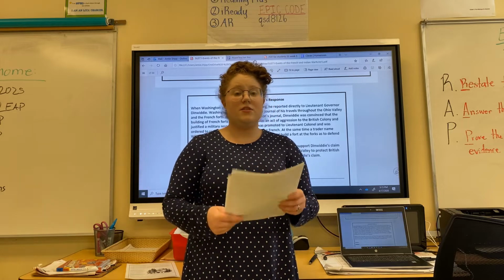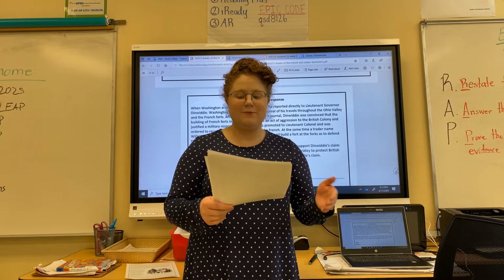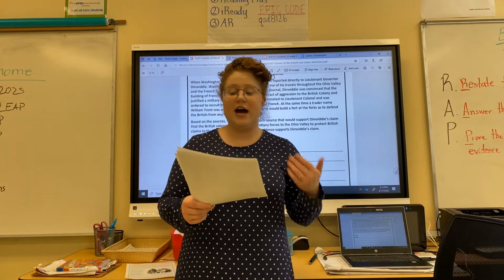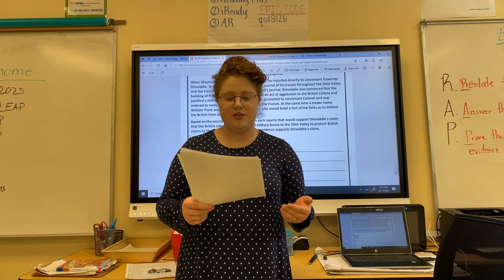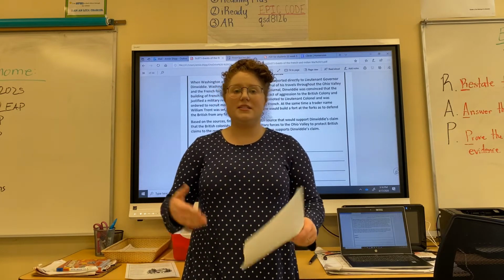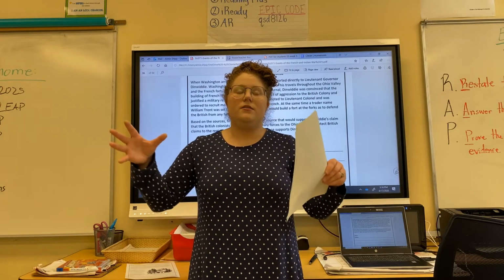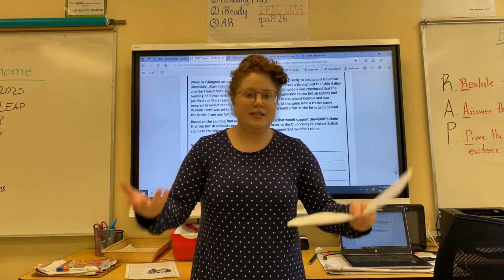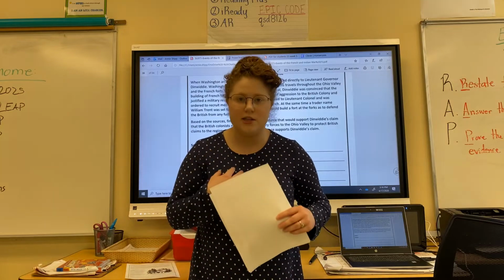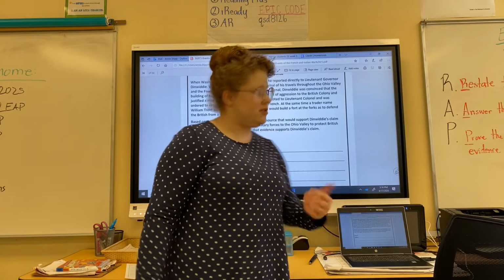Now, based on the sources, which we're going to go over, find evidence from each source that will support Dinwiddie's claim that the British colonies needed to send military forces to the Ohio Valley to protect British claims to the region. Also explain how the evidence supports Dinwiddie's claim. All this is saying, how do the sources show that Dinwiddie thinks the French are planning to attack? What about the sources would make you think the French are trying to attack us or take the British land? So we're going to go through the sources and then I'll explain what to do for the questions.